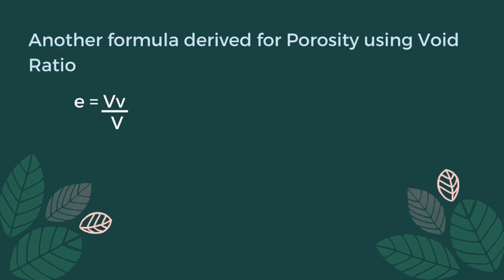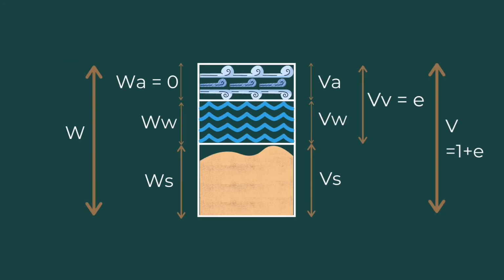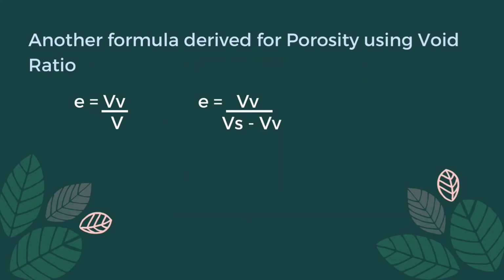So, e is equals to V sub V all over V sub S. So, maghahanap tayo kung saan natin makukuha yung V sub S, which is mula sa diagram. So, total volume is equals to V sub V plus V sub S. Now, itatranspose natin siya at magiging V sub S is equals to V minus V sub V. So, substituting that,